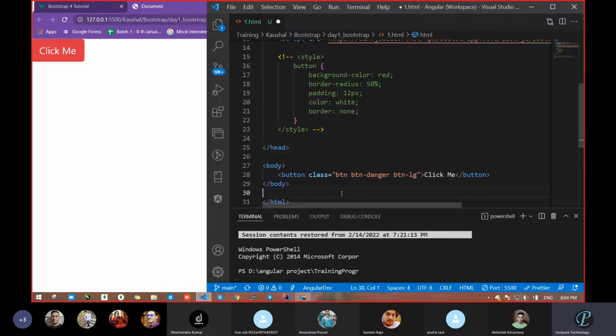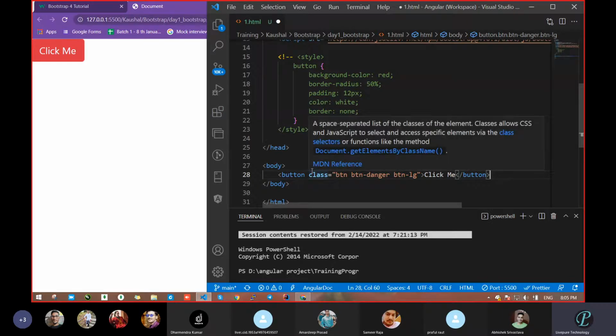So see, what we had done, we took one button, okay? And in that button, if you have to do this whole activity, whatever we had done here now, that red color is there, the button text is white, then the border is something, means it looks big. These all things. Yeah, hello. Yeah, Abhishek. Okay, so if you have to do the same thing, how many lines of code would you have to write?